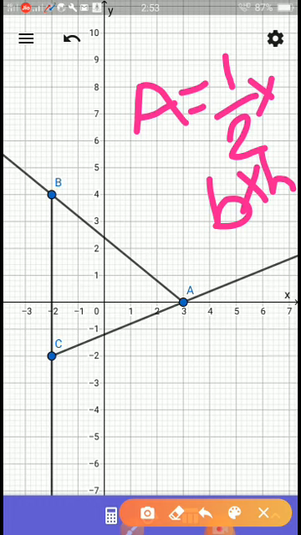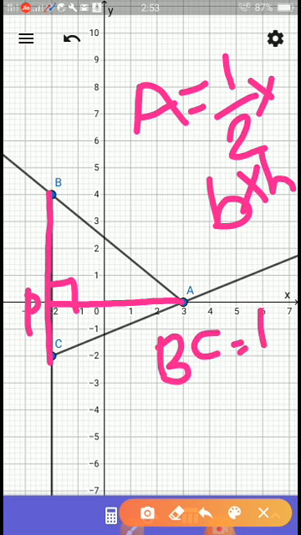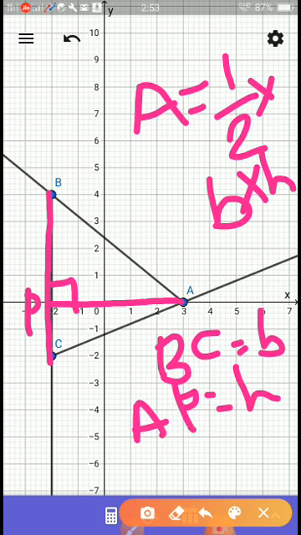Now in this figure, can you check which is my height? See, from point A, is it a perpendicular, 90 degrees? Yes, so I can say that AP is the height. Now point P is on which side? It is on side BC. That means my BC is the base and AP is the height. So I have to calculate now the length of the base and the height of the triangle.